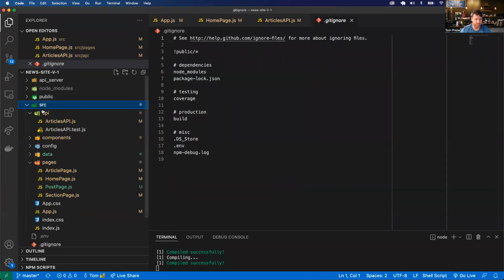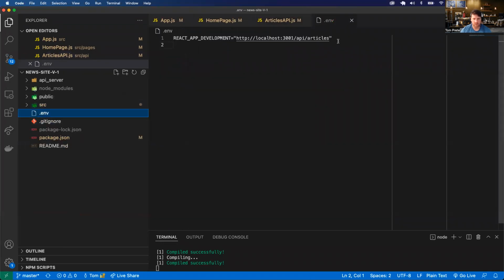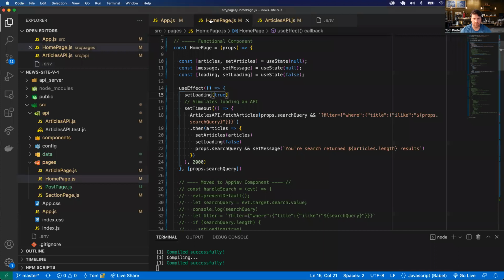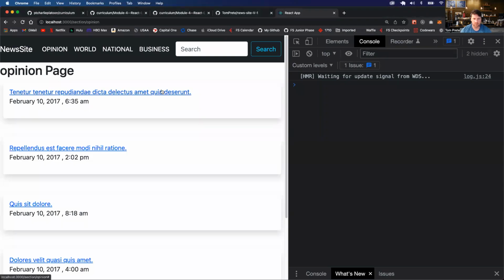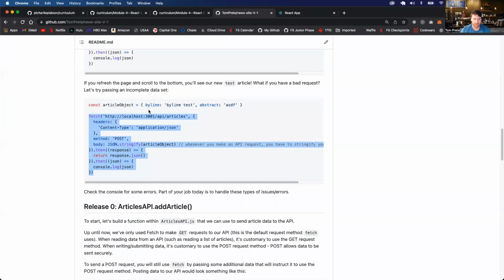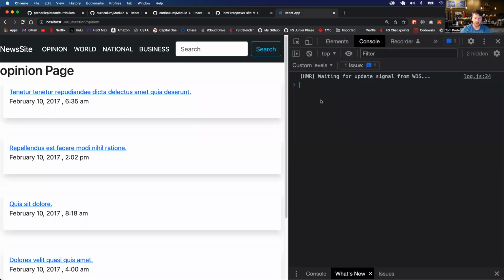If I wanted to post an article, what do I need? Let's take a look. So I need a byline and an abstract at a minimum. So I can let article equals